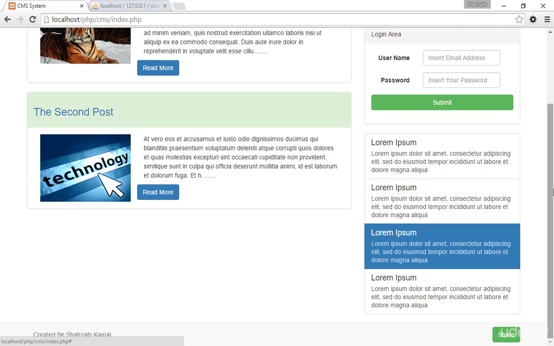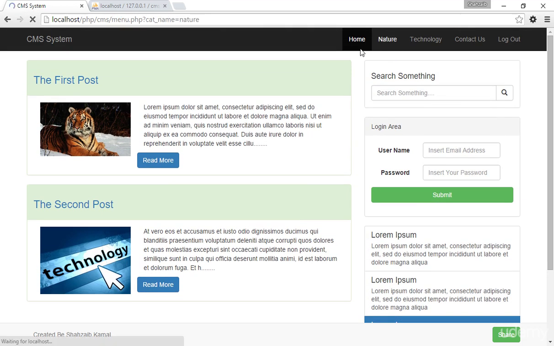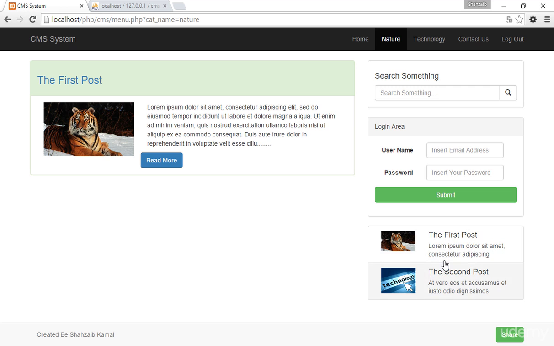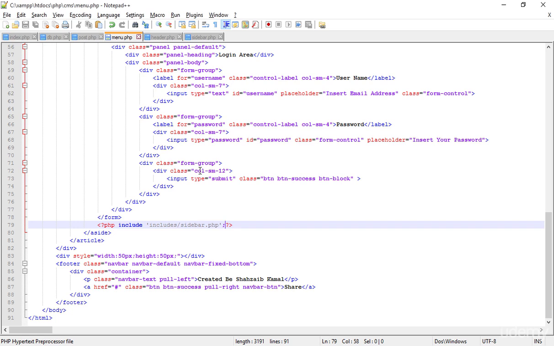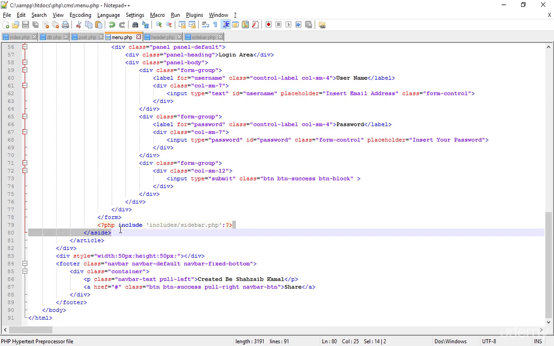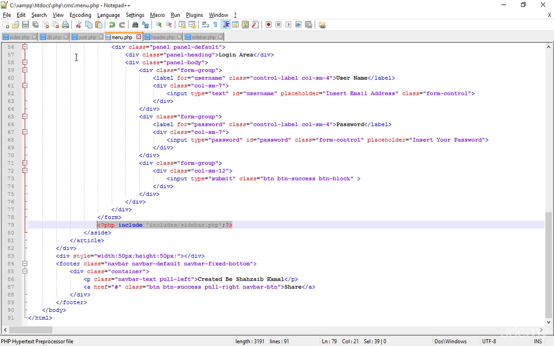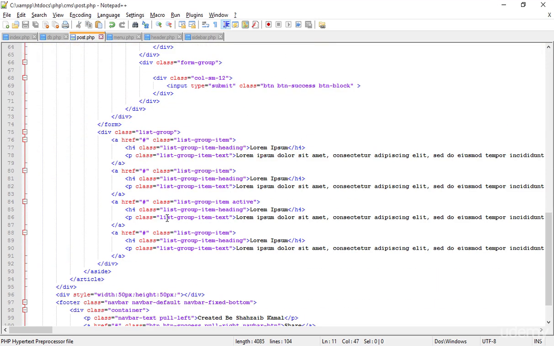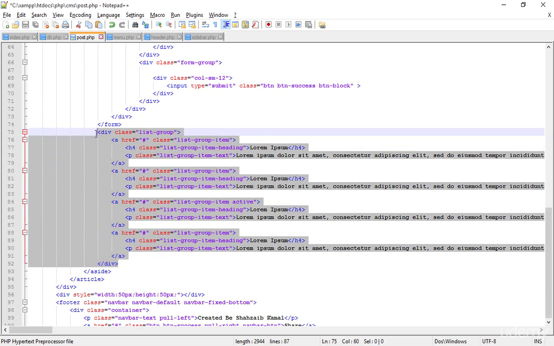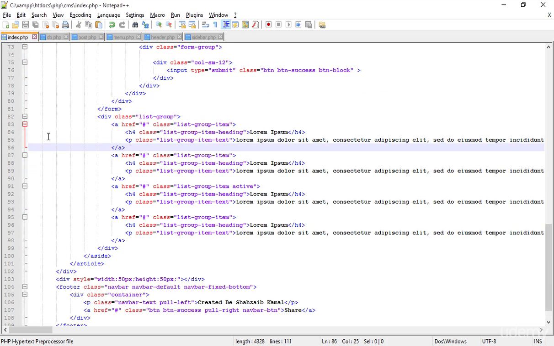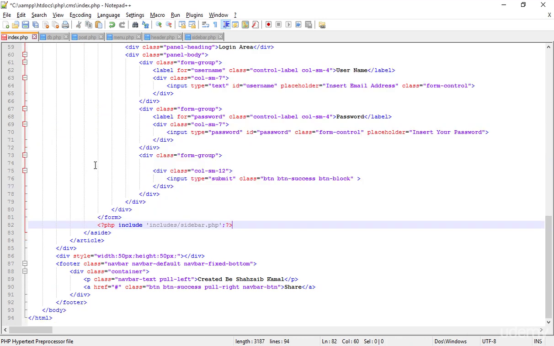Now nothing happens, but when I click on nature, you can see that this is coming from the sidebar.php page. That means I've done that. The menu.php has the sidebar. So now let's copy that and remove the complete list group from the post.php, and simply paste this. Then go to the index.php and remove all the listing and the list groups